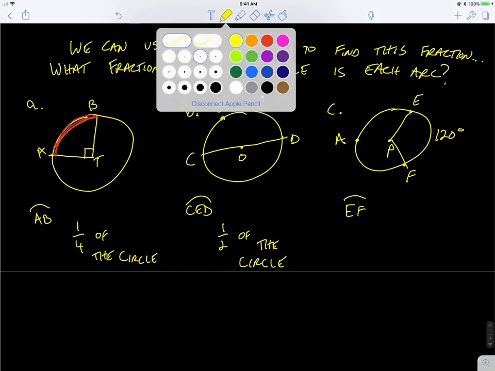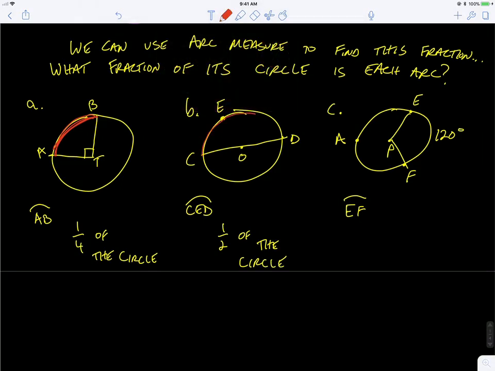So that means its arc length would be 1/2 of the circumference. That length would be 1/2 of whatever the full distance around the outside is, which is circumference. And then EF would be 1/3 of the circle. So that arc length would be 1/3